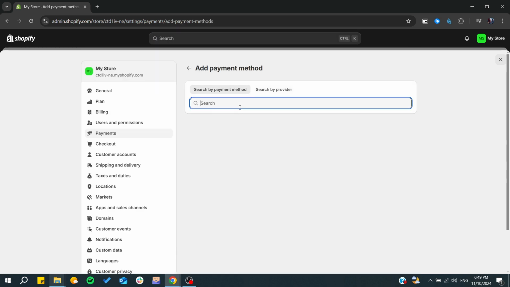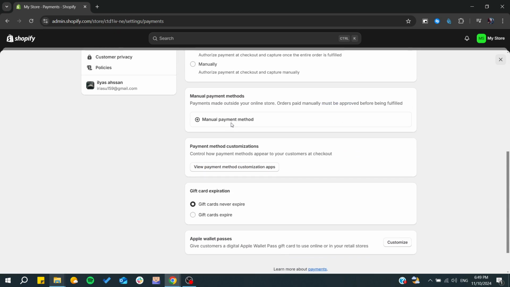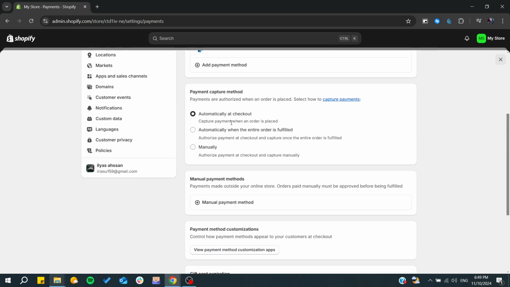So you can choose MasterCard or Visa or your bank, or you can search by a provider from here. So basically, just search for any payments method that you are using, and then you can start redeeming your money from it. So if you are using automatically to redeem or to capture your funds at checkout, so basically